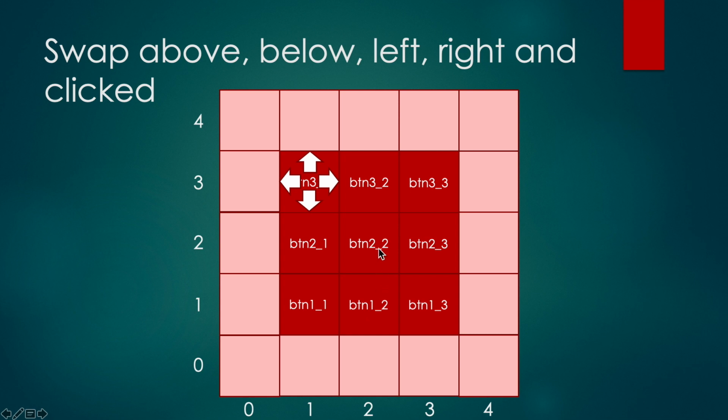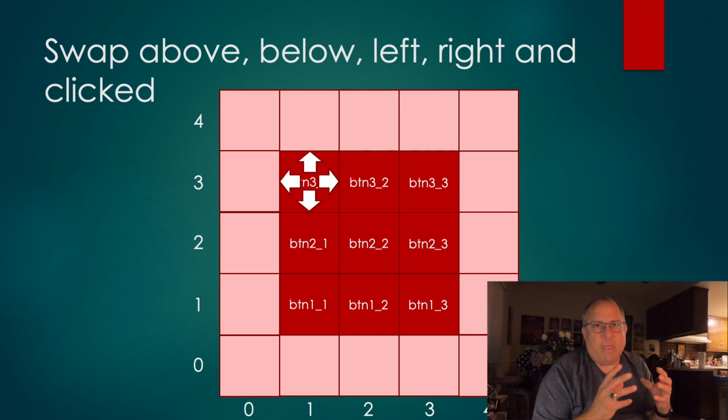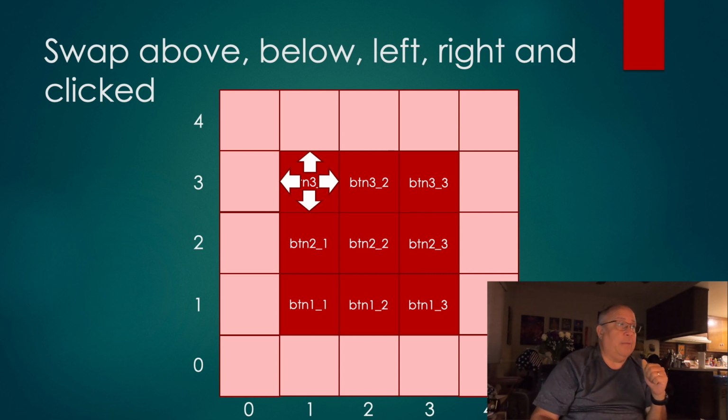If I take the column number and subtract 1 from it, it tells me what column button. So 2 minus 1 is 1. That's this one. 2 plus 1 is 3, so that's going to be this one over here. And then 2 plus 1 for the column is 3. That's going to be this one over here. If that didn't make sense, that's okay. That's a little bit of a preview of what we're going to be doing in terms of subscript arithmetic, or subscript mathematics, to define what it means to be above, below, to the left, or to the right. We're going to use this naming convention to help us out.